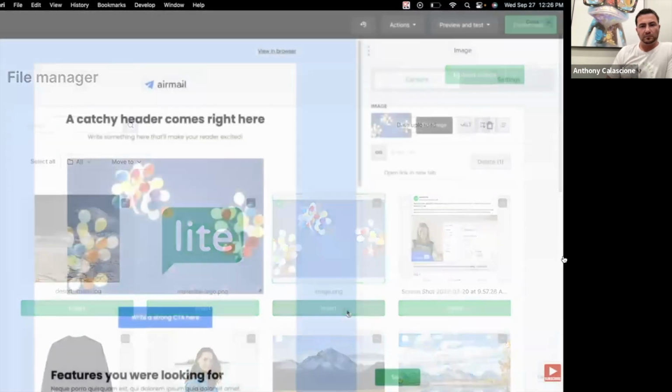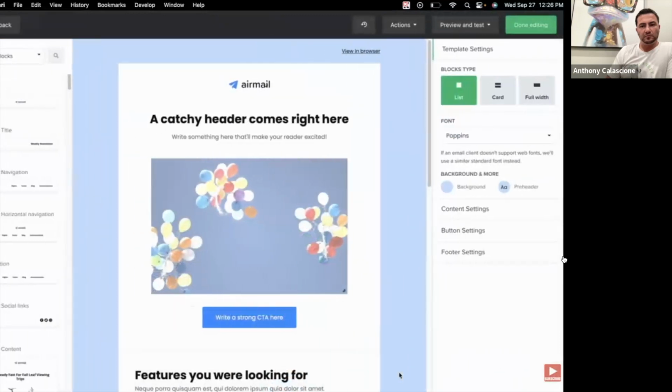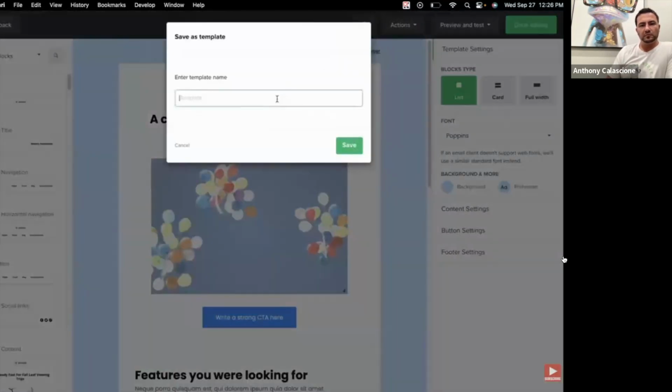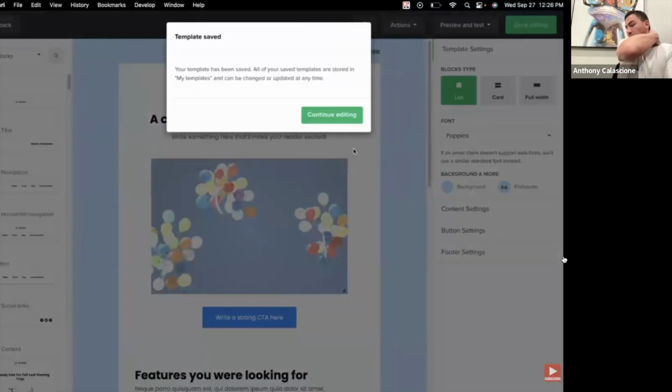And now, no matter how we arrived at the drag and drop editor, when you click on Actions, you have the option to save this design as a template. Give it a name and click Save. This will automatically add this template to your My Template page. Here you can click Continue Editing